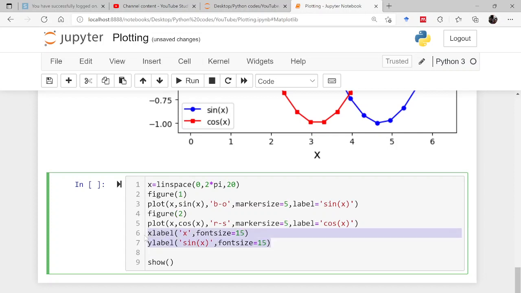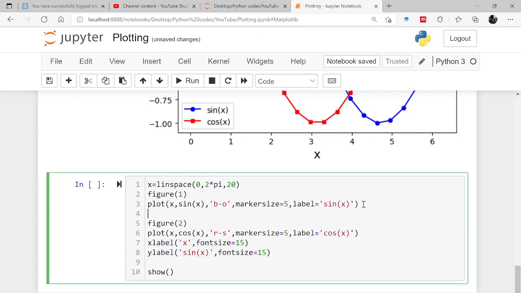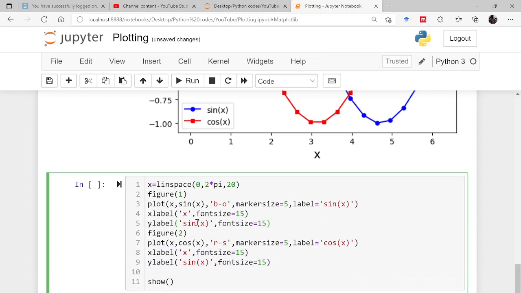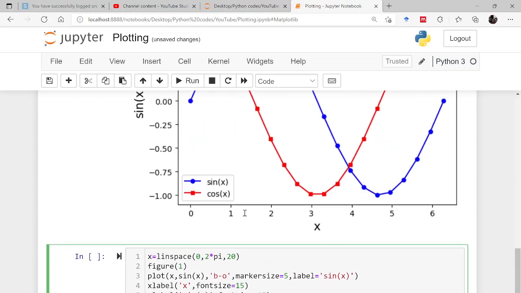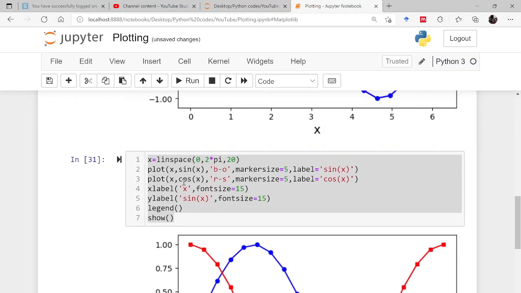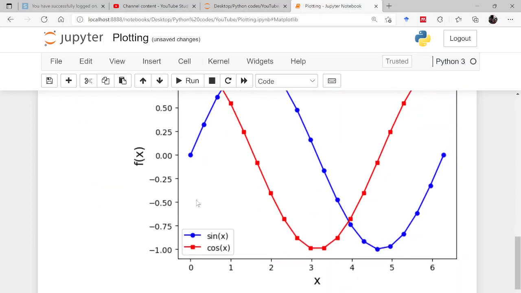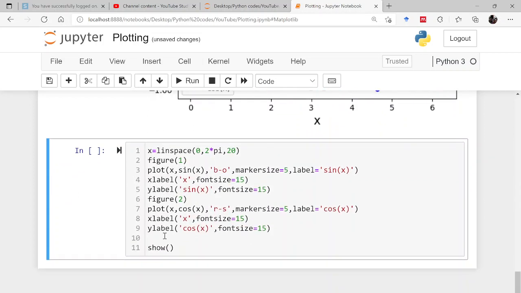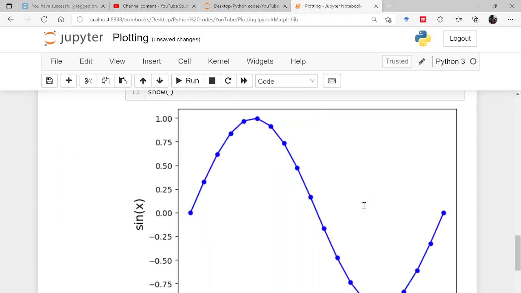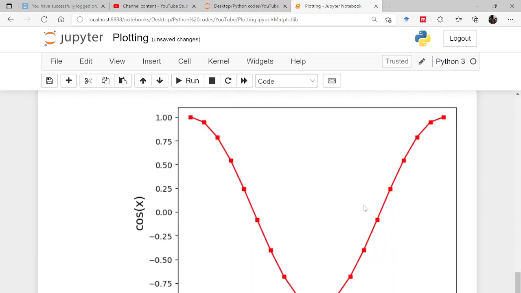So I am copying this to the first figure, and this is sine, but this is cos, and here it is wrong, it should be a function of x, fx. Okay, so this is good. Now if I run the figure below, this is the sine x plot, this is the cos x plot.